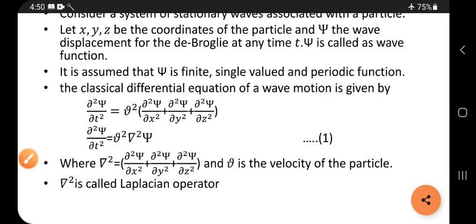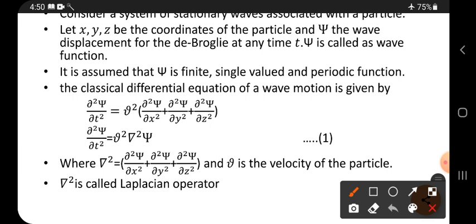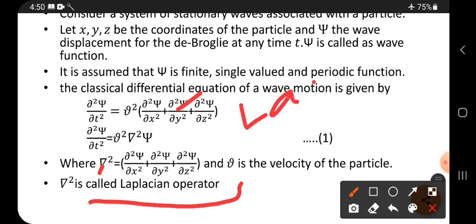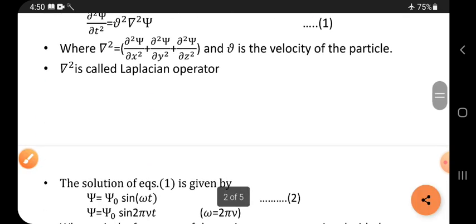You have to read it as del square. And this del square is called the Laplacian operator, right? Laplace is the name of the scientist, so it is the Laplacian operator. And v is the velocity of the particle. Here this v is the velocity of the particle. Okay, next,